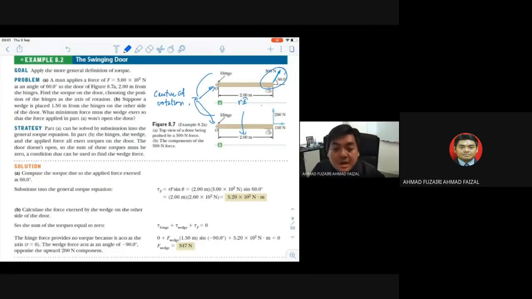Okay, 2 meters should be your R. And of course, you have force. Okay, find the torque on the door choosing the position of the hinge as the axis of rotation. Okay, bear that in mind. There will be times that we can choose where our axis of rotation is, because in this case the hinge